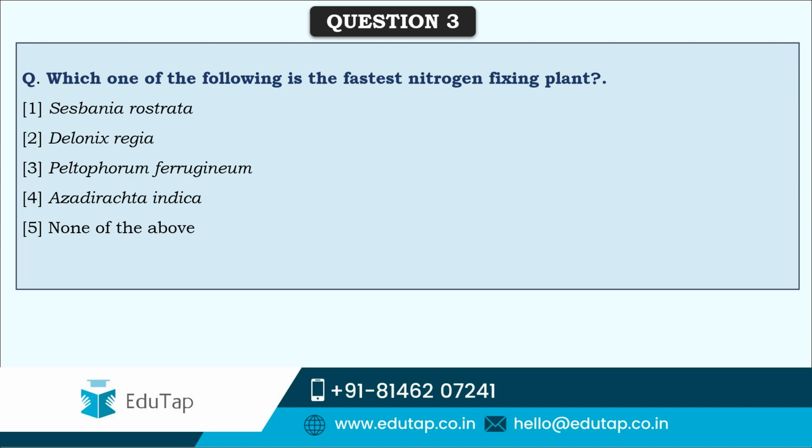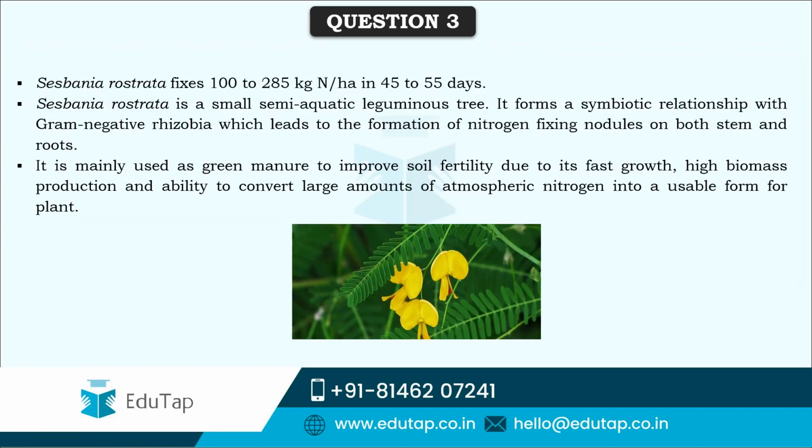So friends, next question, which one of the following is the fastest nitrogen fixing plant? Here the correct answer is Sesbania rostrata. It's a plant that can fix 100 to 285 kgs of nitrogen per hectare in just a time span of 45 to 55 days. Now this Sesbania rostrata is a small semi-aquatic leguminous tree which forms a